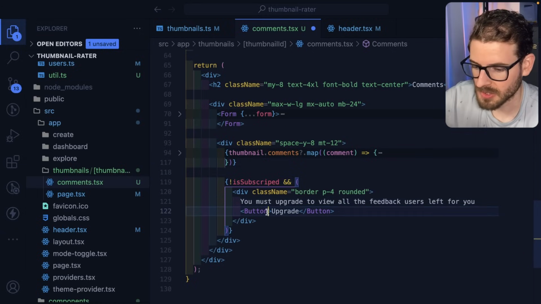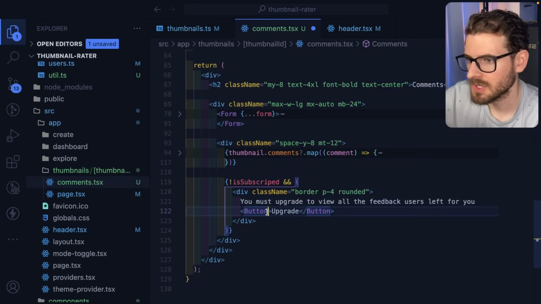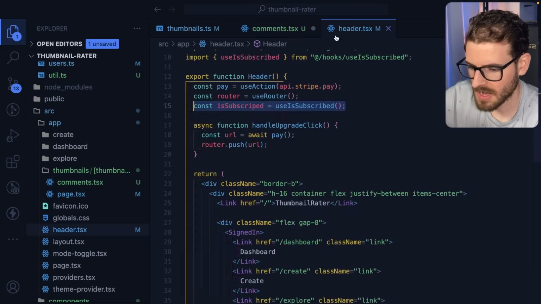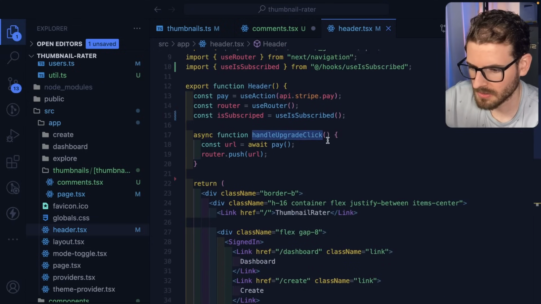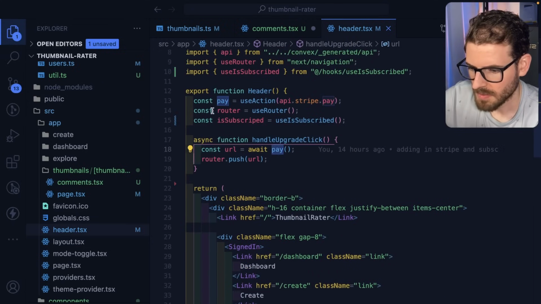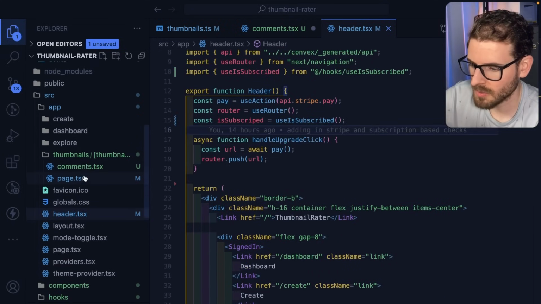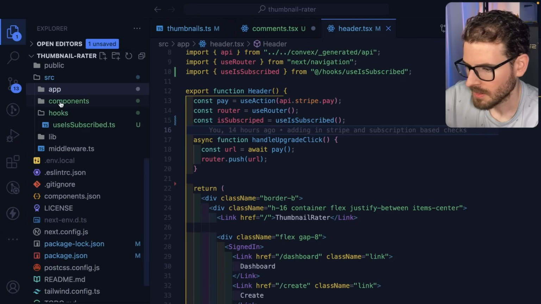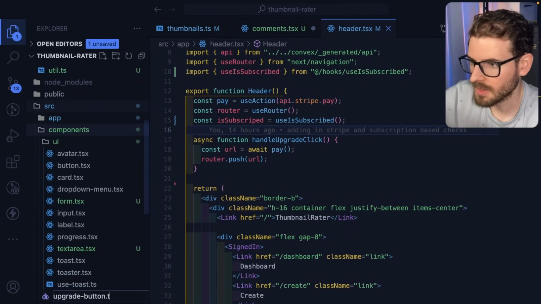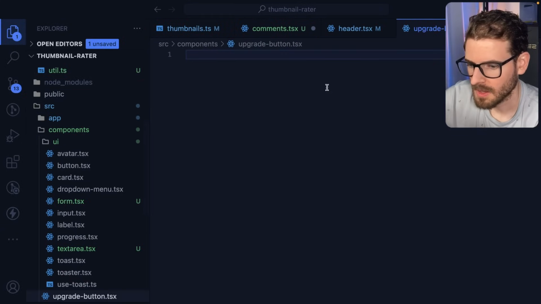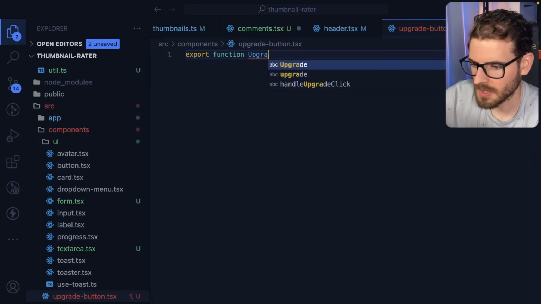And what that can do is redirect us to potentially Stripe. I think let's go to the header. How do we do that? Handle upgrade clicked. And then we do the pay URL. So again, we can make another useful component here. I'll just put it inside of components and I'll say UpgradeButton.tsx. And we'll say export function UpgradeButton,